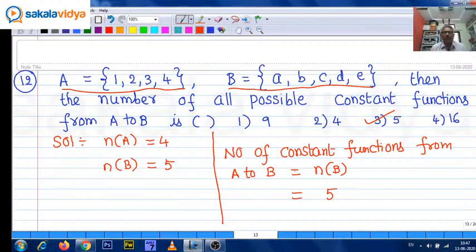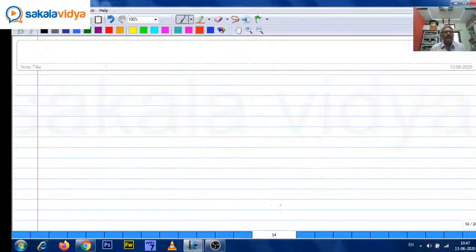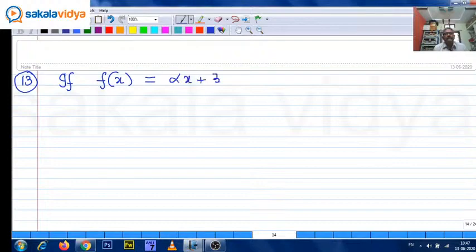Okay, now the 13th one. If f of x equals alpha x plus beta, whatever problems we have discussed earlier, isn't it now? Based on the number of functions,